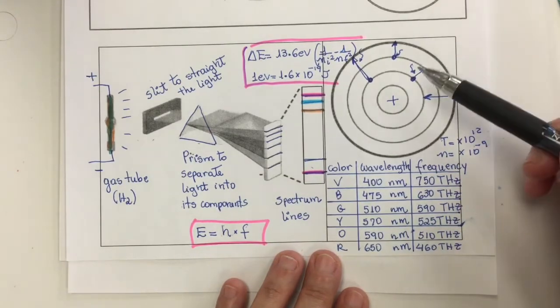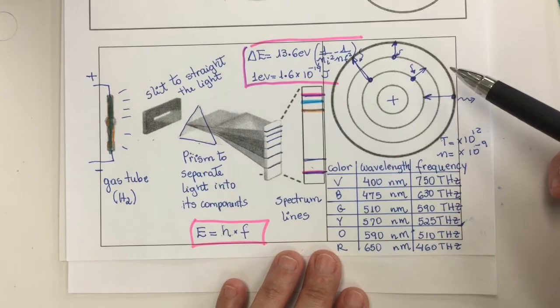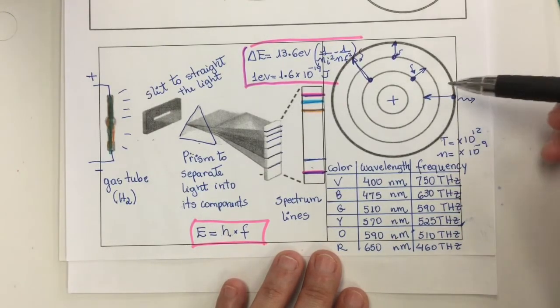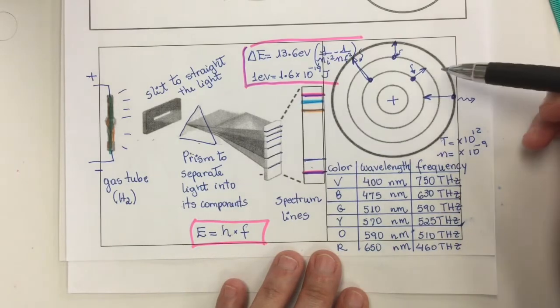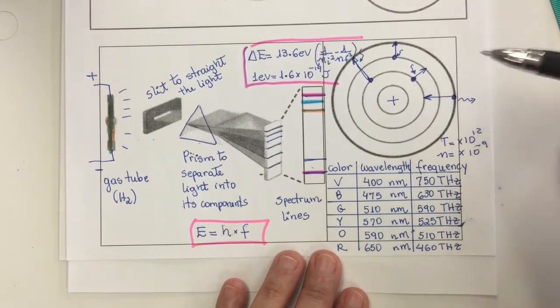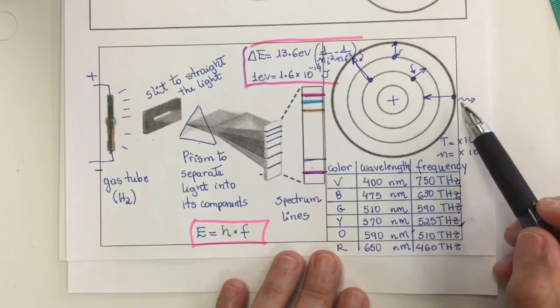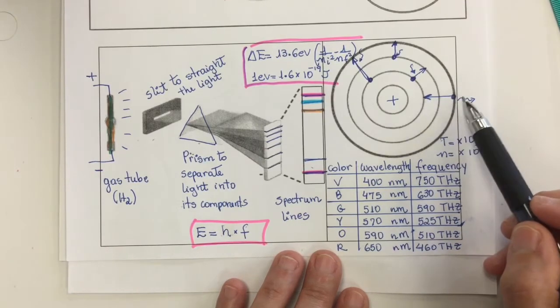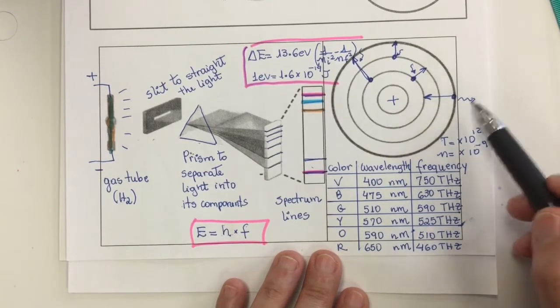In order for electrons to change orbits, they need to gain or release energy, because each orbit has a specific amount of energy in order to stay there. For example, by going from a higher orbit to a lower orbit, electrons emit some